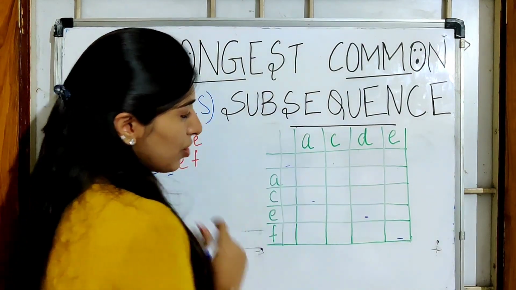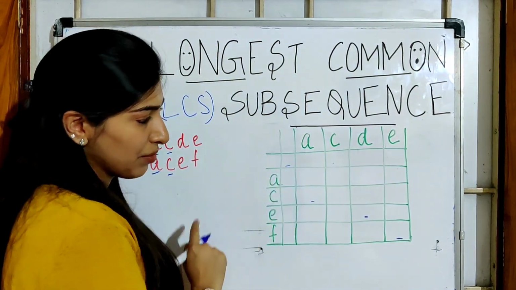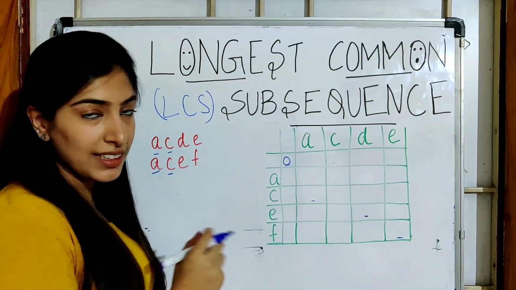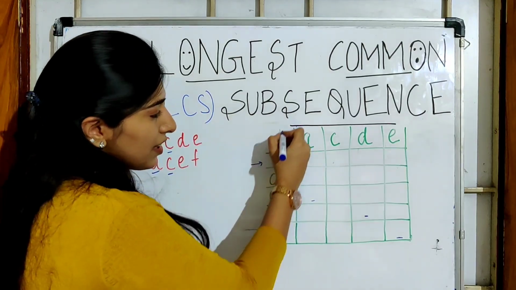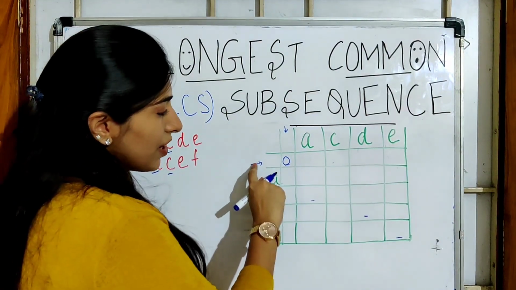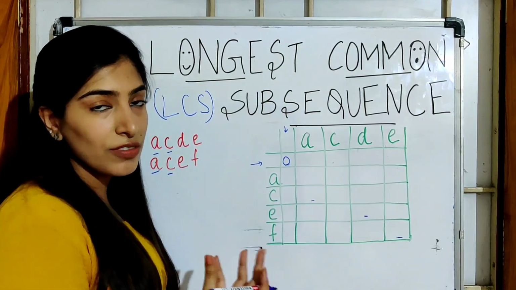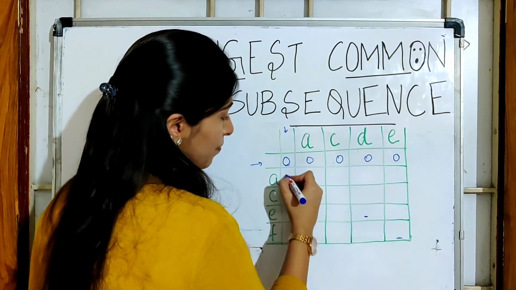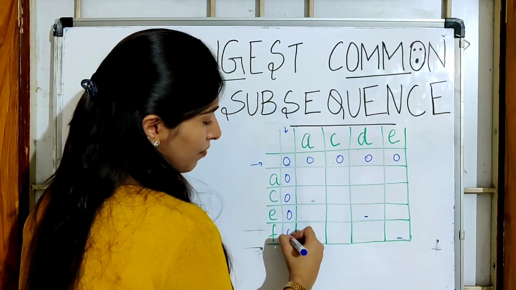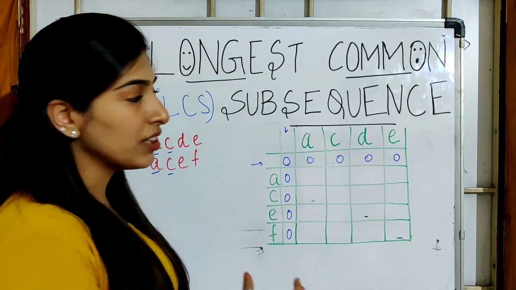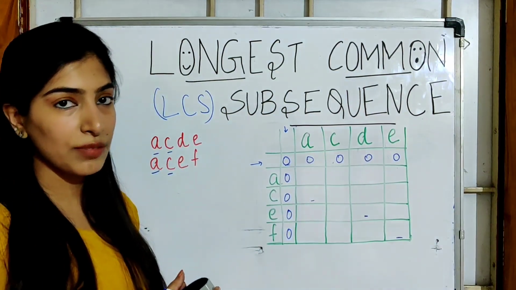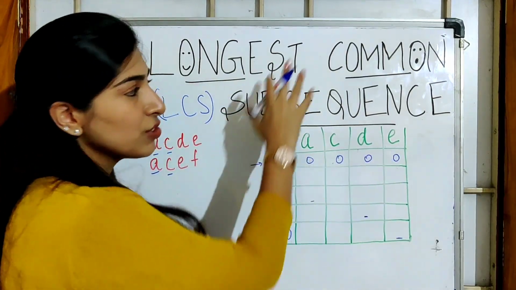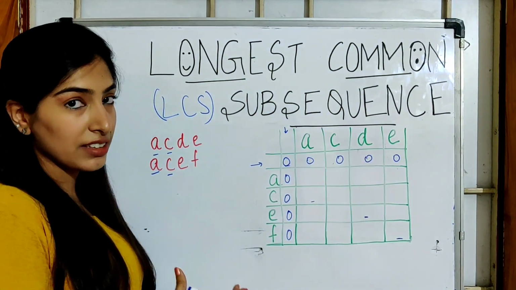So what does this box denote? That means both the strings are empty. So what will be the longest common subsequence? It will be of length 0. It is blank. Similarly, if any one string is empty only, it means the common subsequence will be of length 0 only. So all my initial values become 0. This is a mistake that a lot of people make. They do not understand the initial conditions of dynamic programming, but it is very obvious that if a string is empty, the longest common subsequence length will be 0.